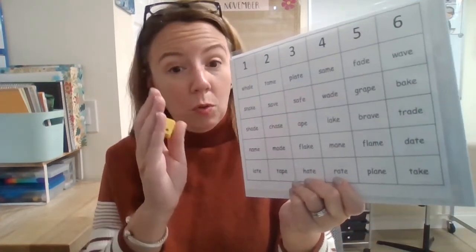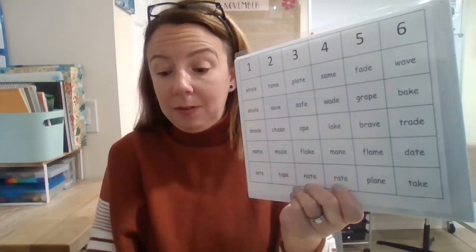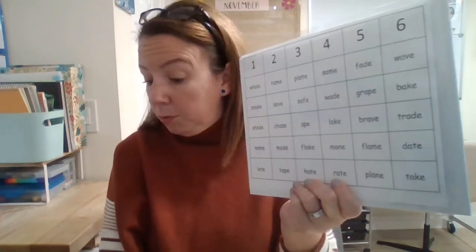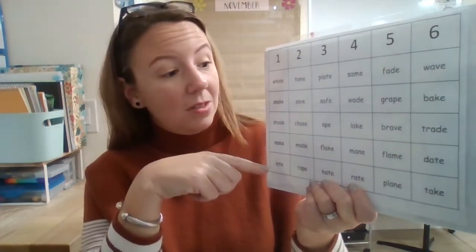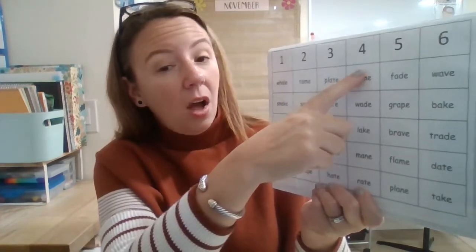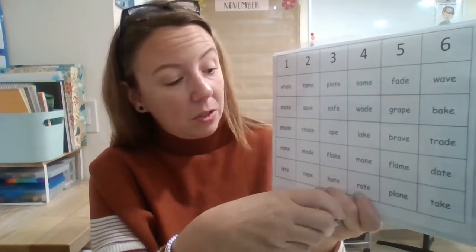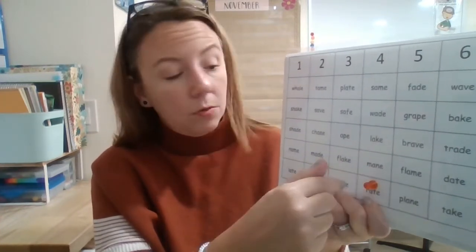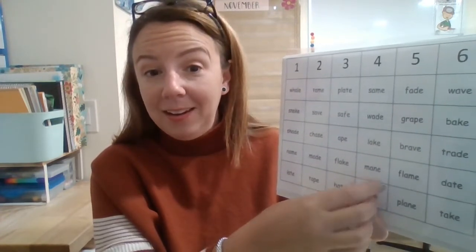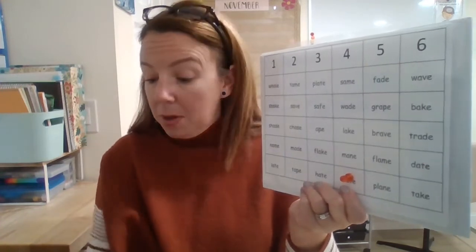Okay, so we're going to roll, read, and mark that spot with a game piece. So I'm going to roll. I rolled a 4. I'm going to start either at the top, the first space, or the bottom space, and I'll explain why. So I'm going to put a piece on rate. So I read it, and then I cover it. And what happens is as you keep playing,